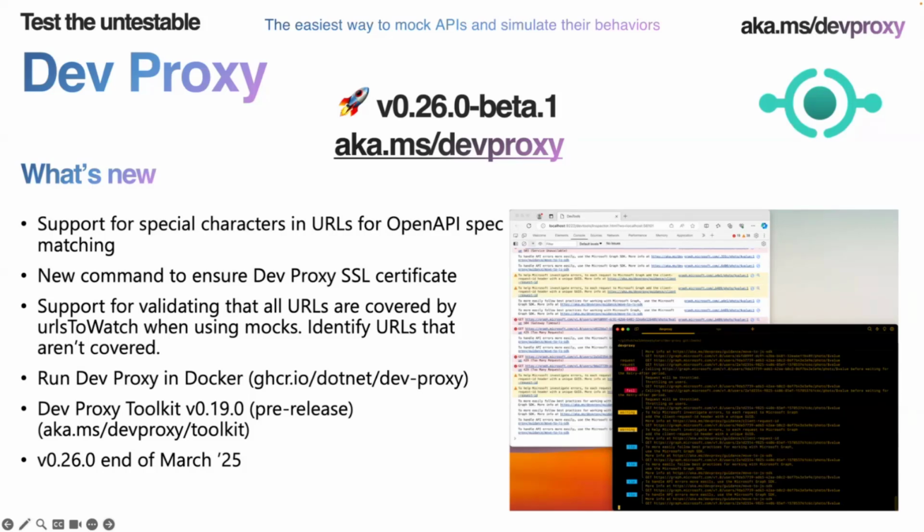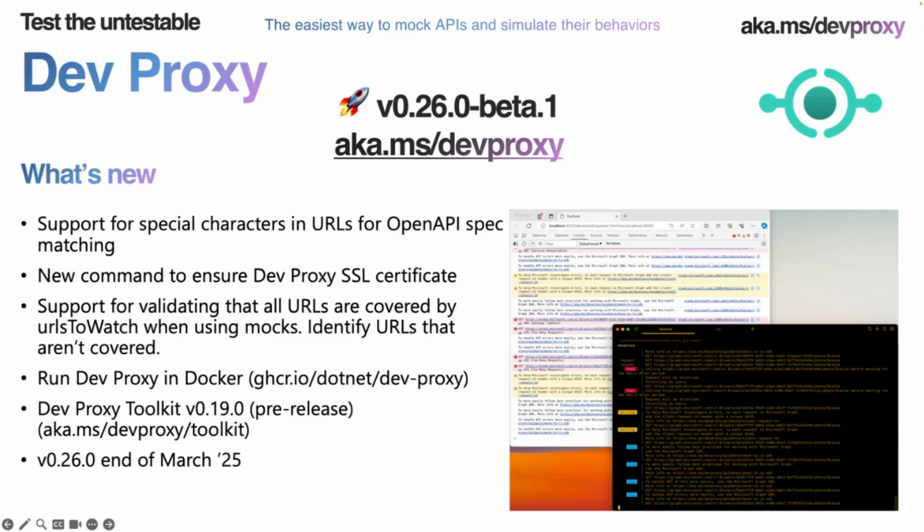We've also done some validation to make it easier for you to identify some of the URLs that aren't covered. So if you're looking at a specific domain and you've got certain paths that you want to track, and there's other requests on that domain that aren't showing up,